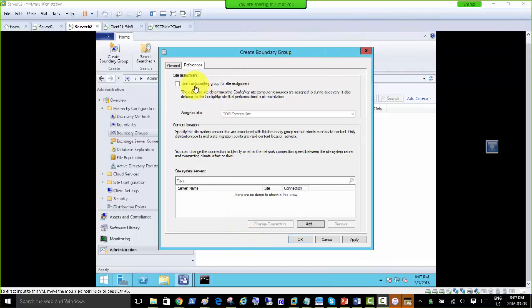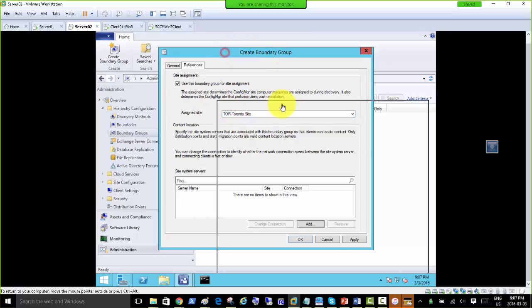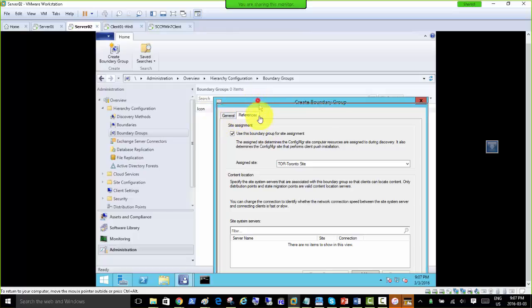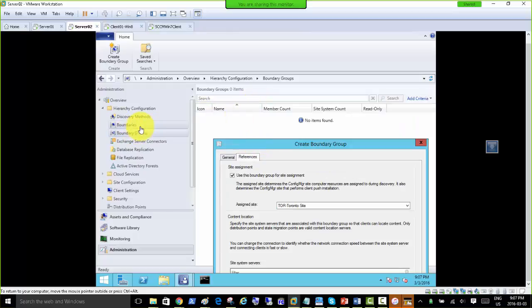So we need to enable this, use this boundary group for the site assignment. That's what site assignment was, that Tor site, SCCM Tor site has been assigned to this boundary group, right? And within this boundary group, what do we have? We will be adding this boundary which we created, and this boundary has just the IP addresses of our local